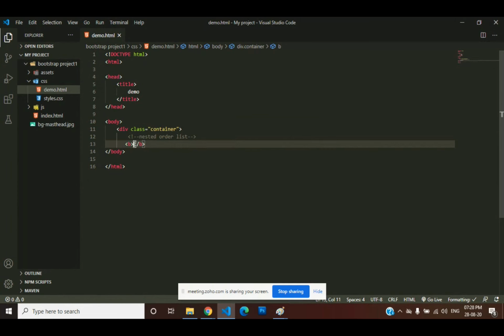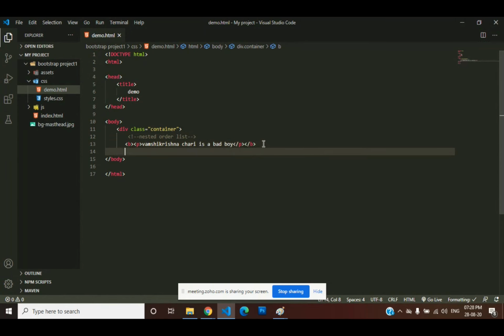Now I'm cutting, and just now I'm pasting. Now here what will happen? This is the bold. Okay, the first example was bold. Now coming to the second example, the same paragraph I am copying, but the tag will be changed. See here, the tag is strong, no? Between the strong tag, insert the paragraph.